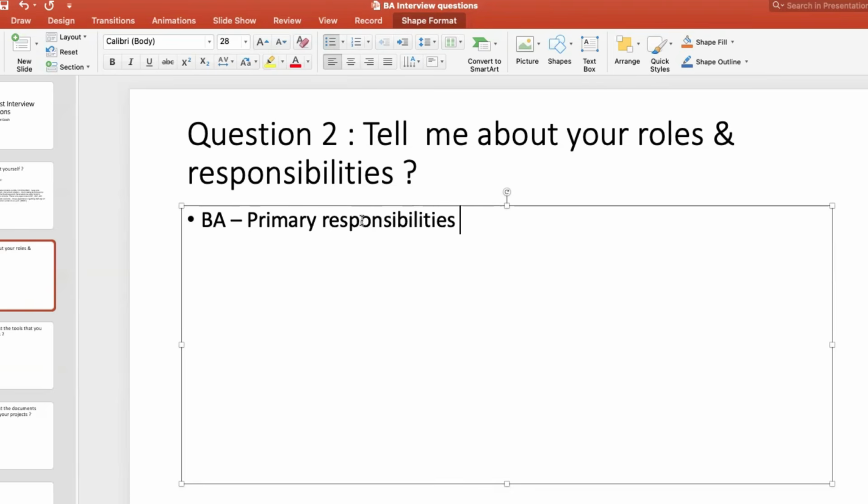For example, what a BA will usually do is gather requirements. When it comes to a lead BA, especially on-site, if you are in the US, the expectation is you have to do everything, like from a funding perspective, you have to coordinate with other teams and with your project manager.